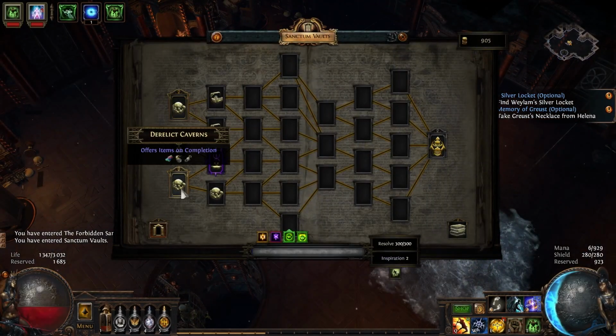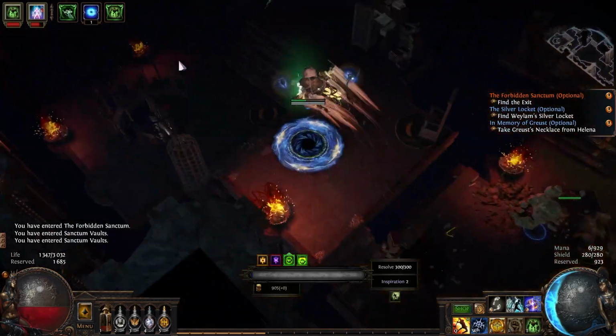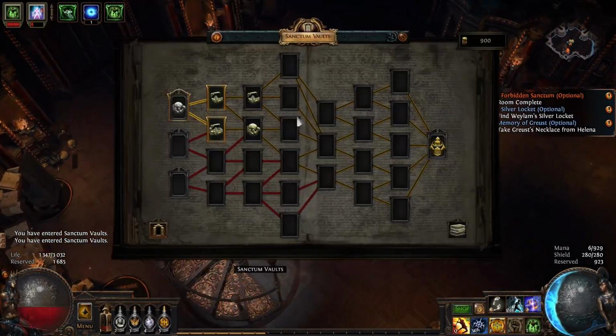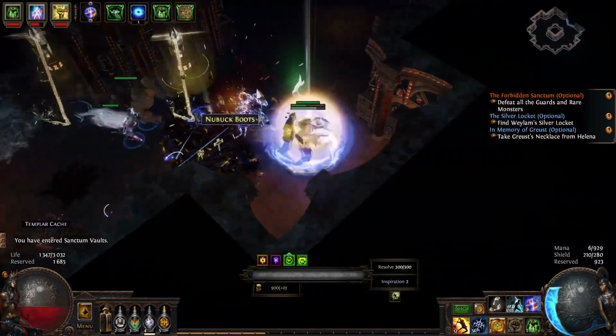Throughout my career as a content creator, I've made over 10 Sanctum builds, or even more, and completed several thousand Sanctum runs. So I know what I'm doing and this build is completely fine. However, I must warn you, Forbidden Sanctum is an easy mechanic only when you have experience in it. So if you're dying in the Sanctum with this build, the problem is not the build, but rather a lack